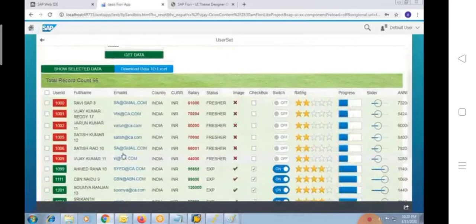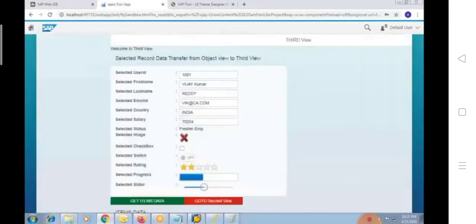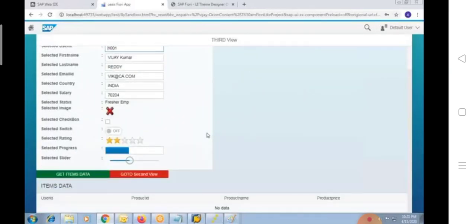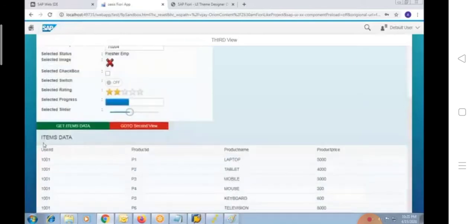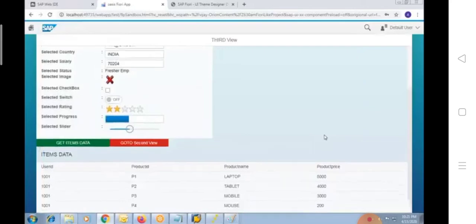But what can the user do? The user can select a record. So the selected record, we can take it to the next screen. These are all very common functionalities, I mean to say technically common functionalities. And based on this header record, we can also get its items here. So when we provide some input as a header record, then we can also get its corresponding item data simultaneously.